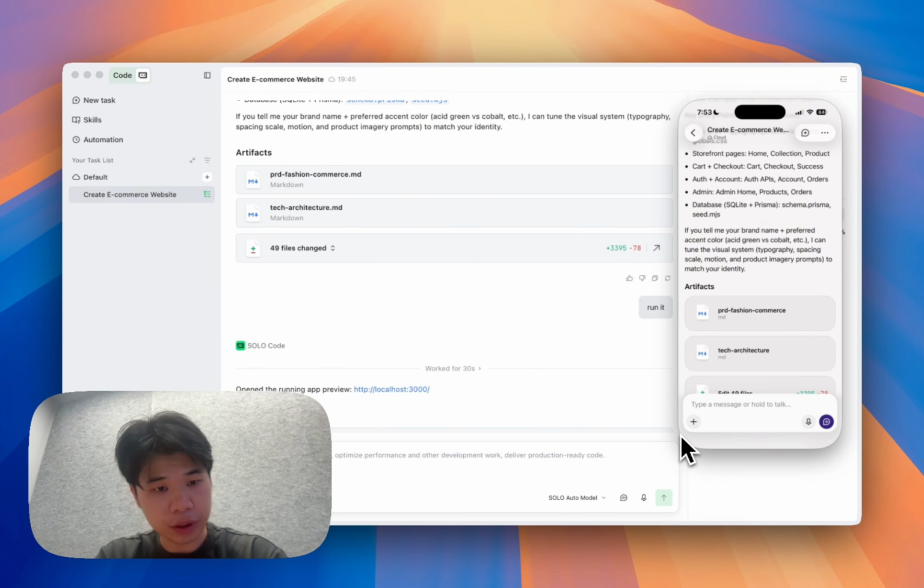So that's it. This is the workflow of how to use TRAE Mobile to control the computer, finish the work,